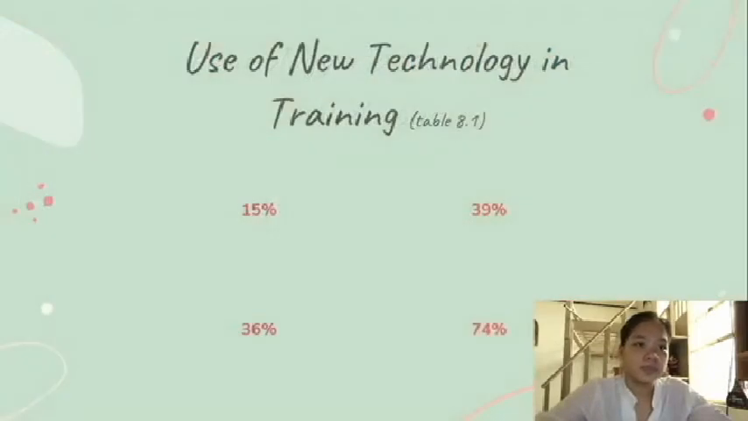So the next one, use of new technology in training. Technology can provide benefits for those willing to accept it. Training is one area that stands to benefit greatly from technological advances. The technology has been around for many years, and this allows employees to attend meetings virtually, use conference calls, and video conferencing. In our module, it was stated in table 8.1 that 15% of training hours are delivered in